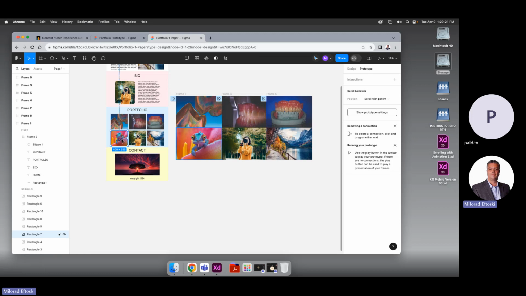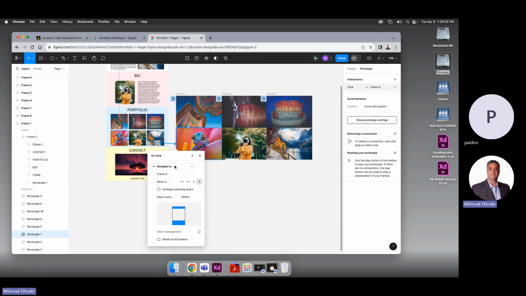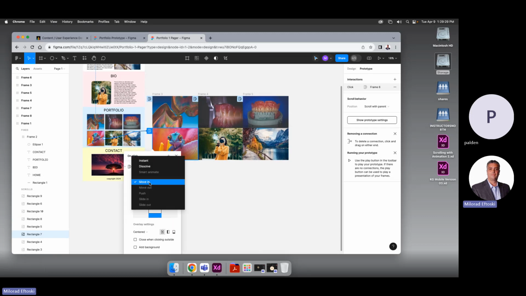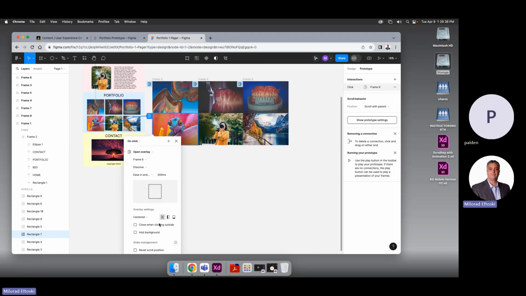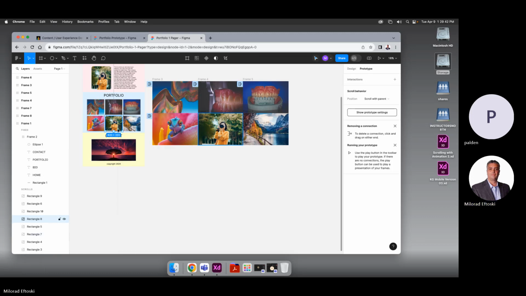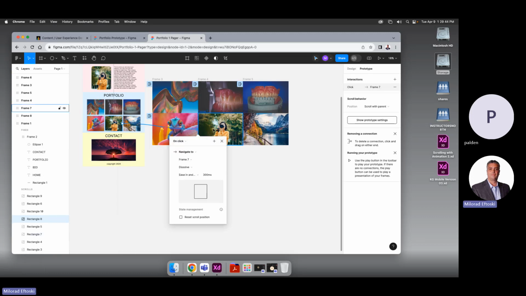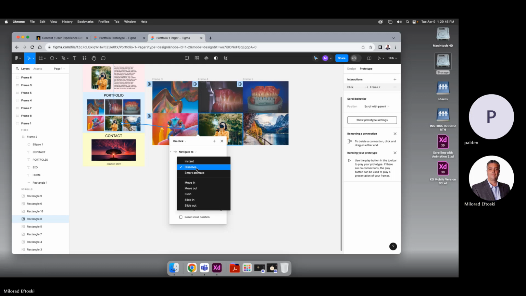Okay, this iguana here, or the gecko, will go to this one. Navigate to, no, open overlay. This one's gonna do a dissolve. A dissolve, 300 milliseconds, that's fine, okay? Close when clicked outside, add a background, 50% dim. This one's gonna do another transition. It'll be,